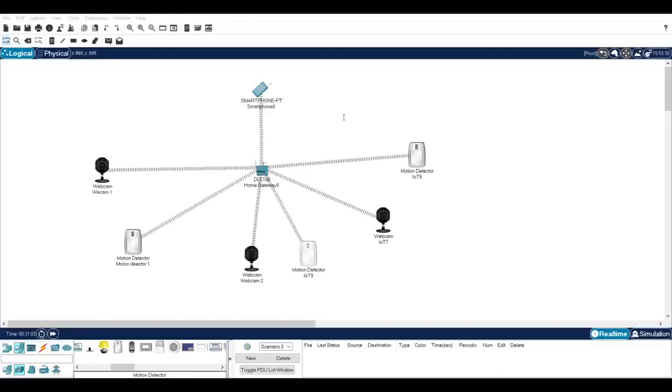Motion detector and select the IoT server as home gateway server. Same for the webcam 3. IoT server as home gateway and motion detector as motion detector 3 and IoT server as home gateway.